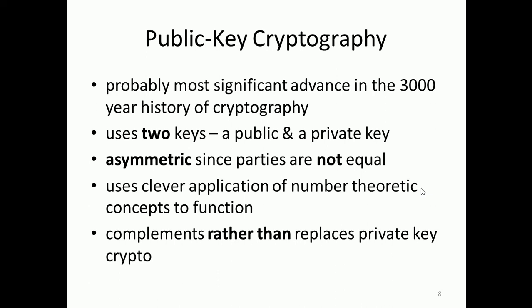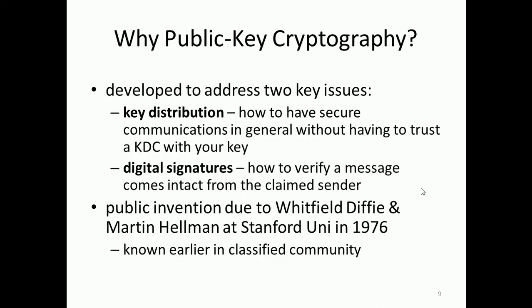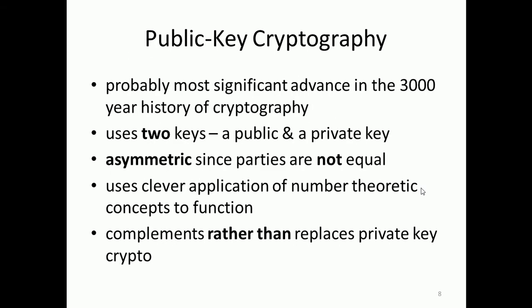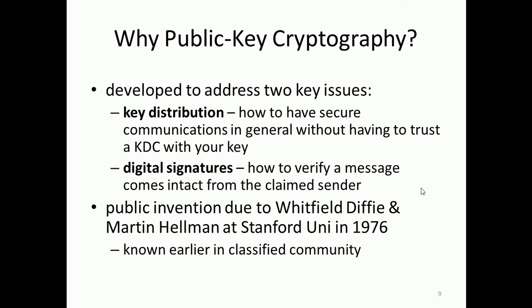In public key cryptography, two different keys are used, one for the encryption and the other for the decryption. So if the encryption is made with one key, the decryption will not be possible with the same key, but with the pair of that key. It has two main domains for which it is normally used. I'm not saying only for these, but normally it is used for key distribution, that is to distribute a secret key. And it is used in a digital signature to digitally sign a document.